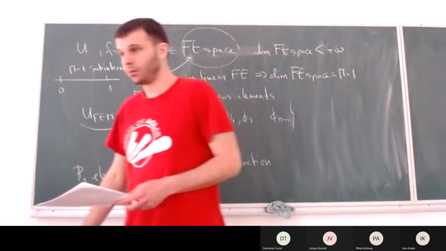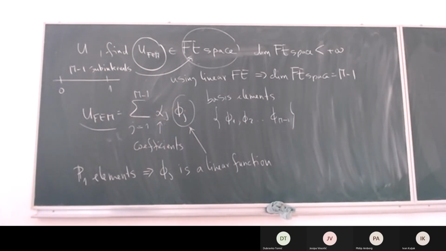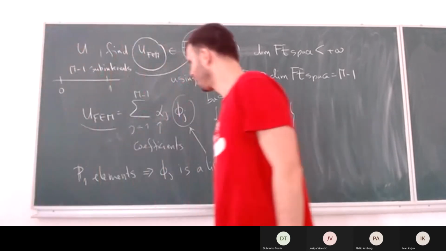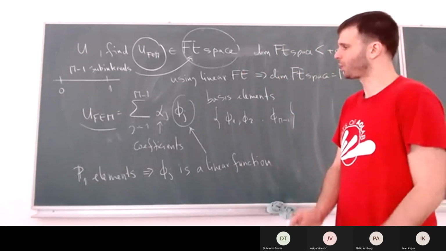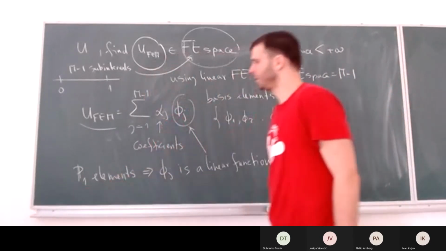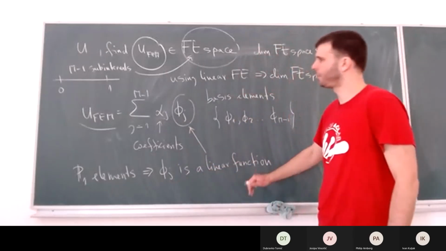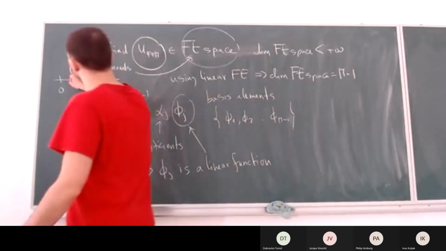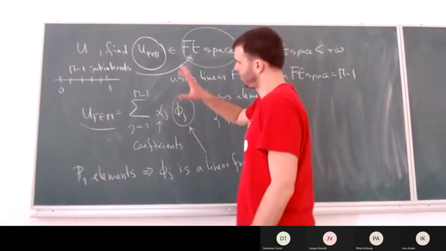Is it clear for now what the idea of all this is? So the idea is, we have a reformulation. We'll approximate our solution using a finite element space. That space will be the P1 finite element space, which means that our basis functions are linear functions. We'll find all the linear functions describing this discretization and construct the matrix